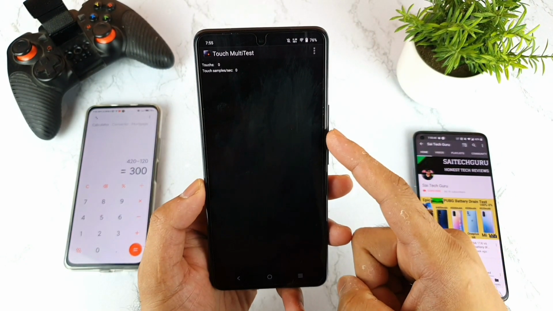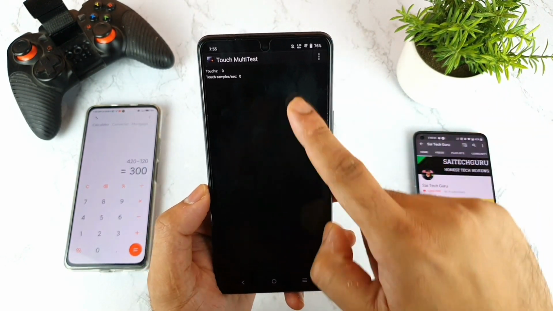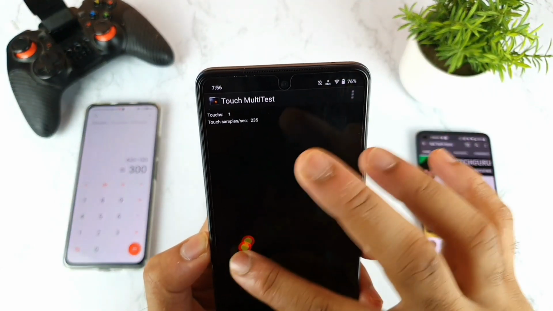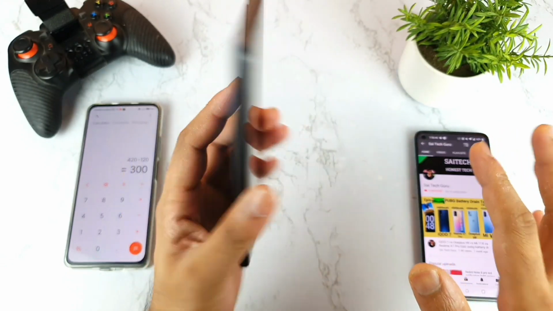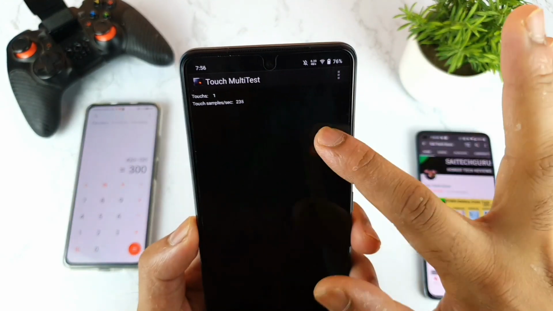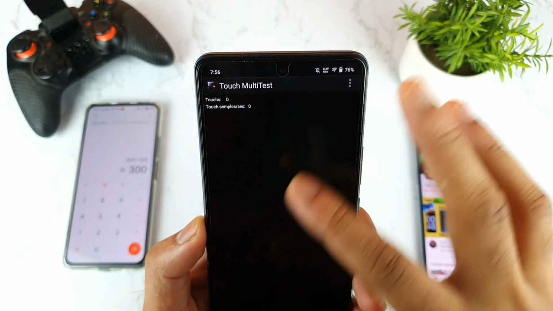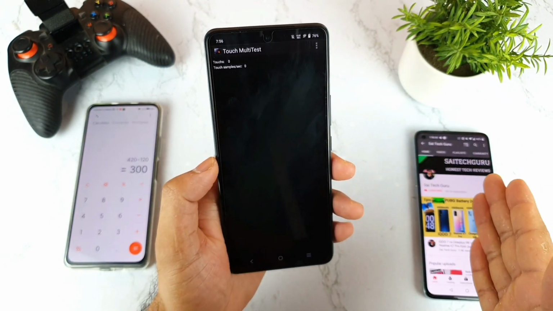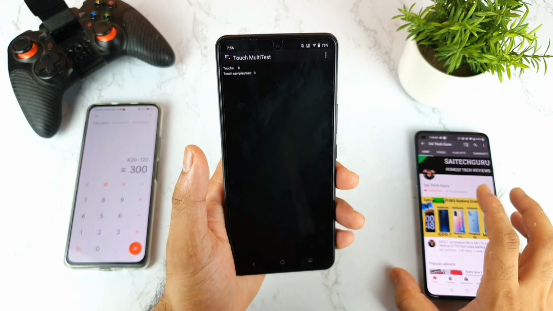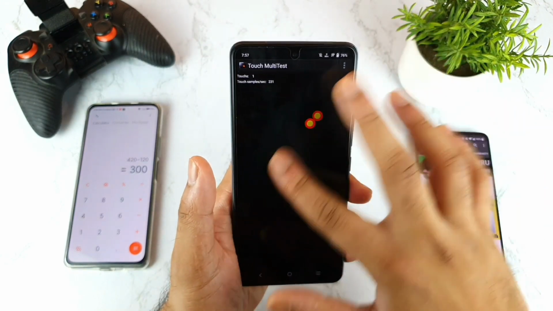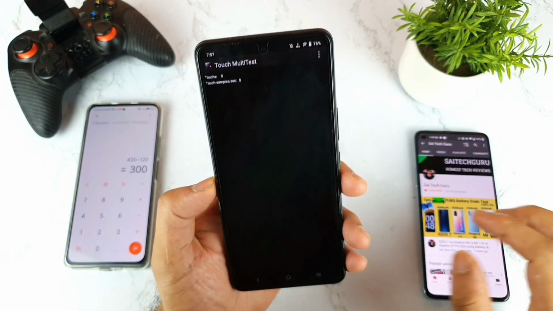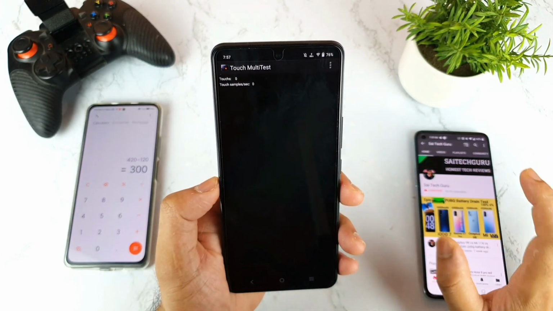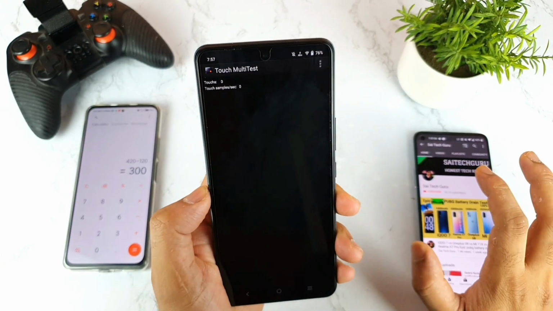And this is a test which I'm trying to do without adding into the Ultra Game mode. As you can see, friends, there is no Ultra Game mode enabled in this IQ7 device. So now I'm getting only 240 and 230. As you can see, only 240. So this is what I did yesterday in that video where I did the Epic comparison without using any kind of Game Turbo mode or Ultra Game mode, sorry. That is the reason why we experienced a really low touch sampling rate.